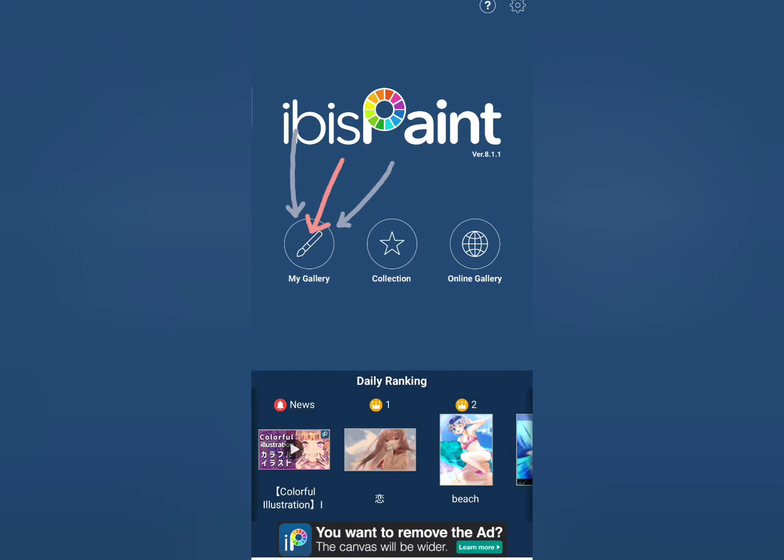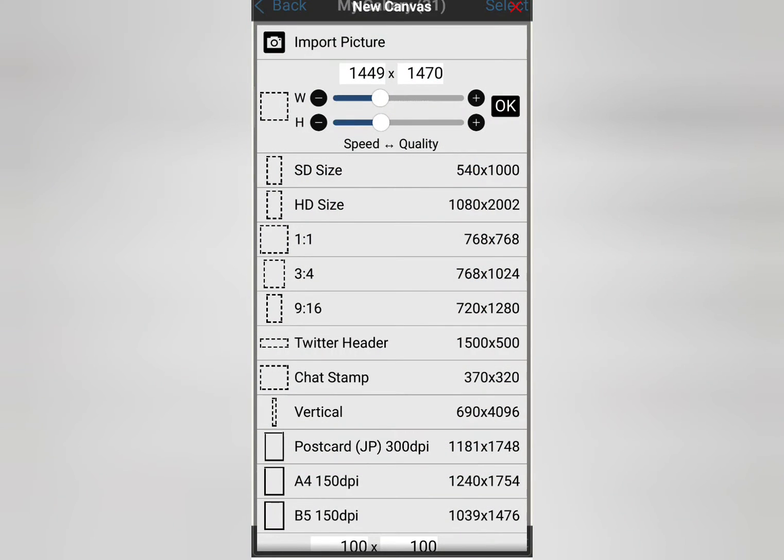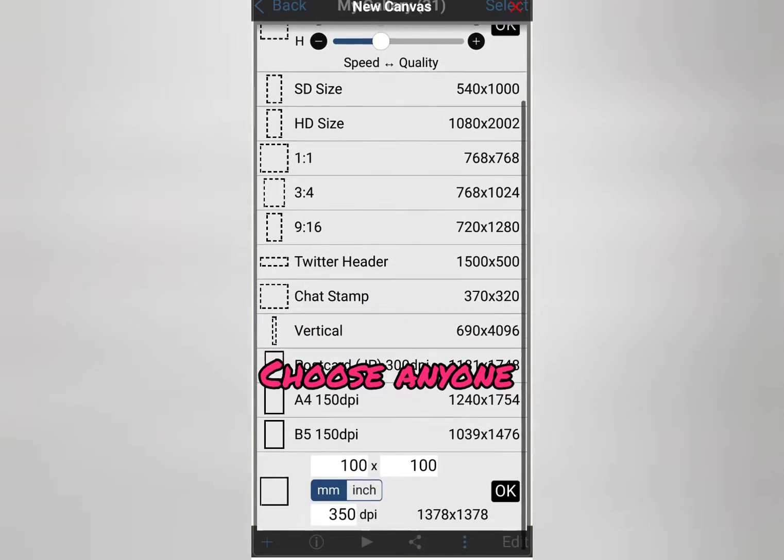Now you can see my gallery option. I'll click on that and then you'll see a plus sign. I'll click on that, and now whatever you want to choose, you can choose. I'll choose 1:1